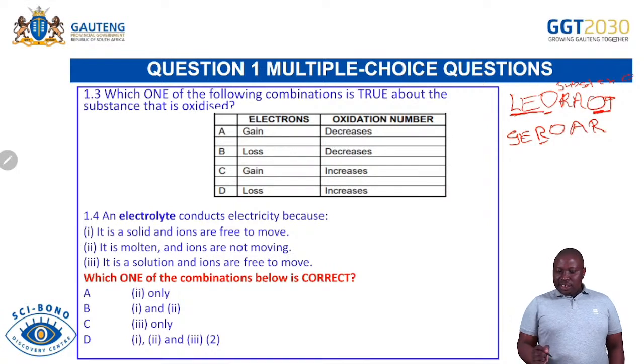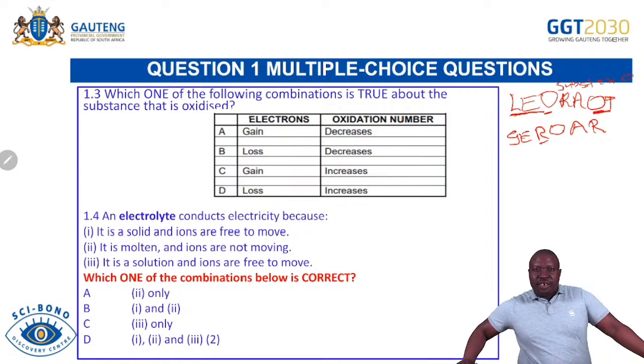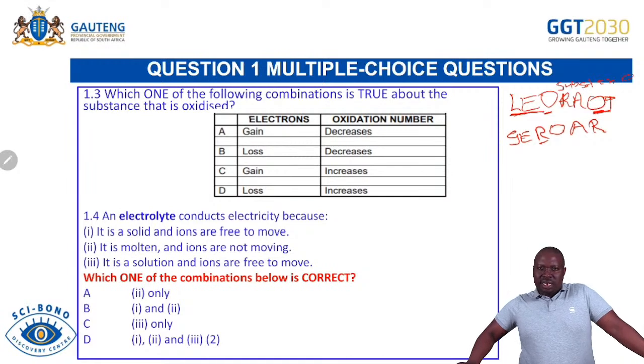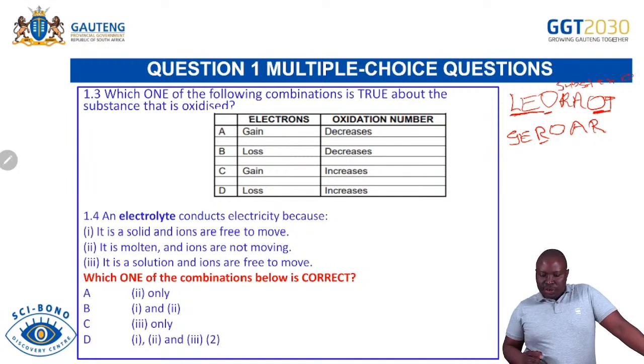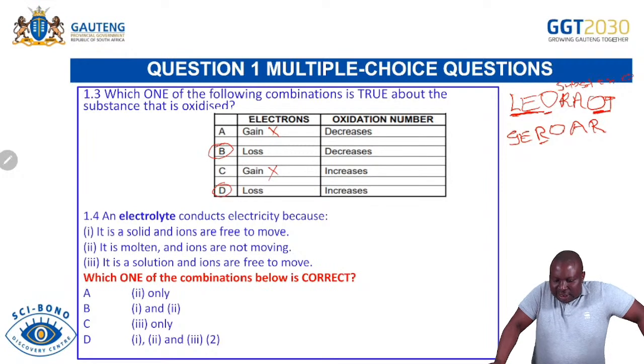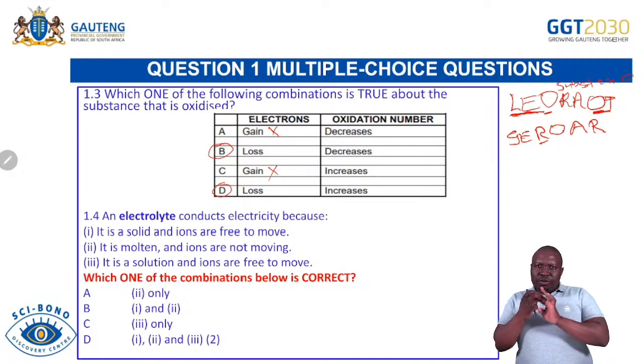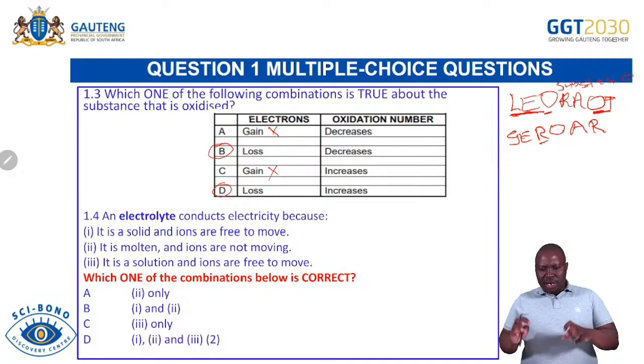So remember, you are given 4 options. Of the 4 options, 2 we refer to as disruptors. They are not answers, they're just there to disrupt you. So your duty is to know that a substance that is oxidized is the one that is losing electrons. So you check loss of electrons. So electrons must be lost, which is either B or D, which means options A and C are disruptors. So they cannot be answers. So you have 4 options, you remove 2 disruptors, you remain with 2 options. Then you are able to engage the 2.